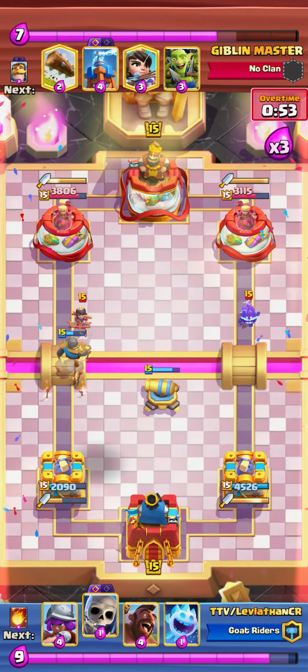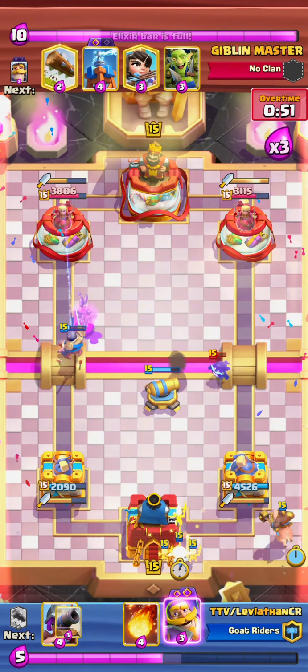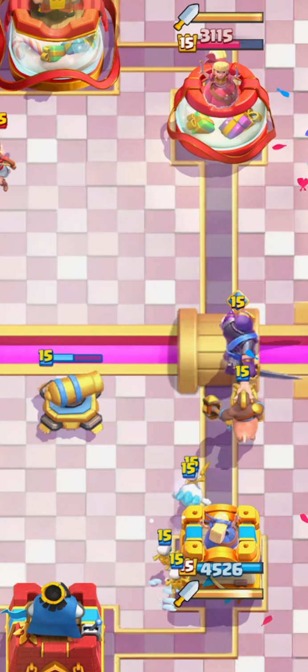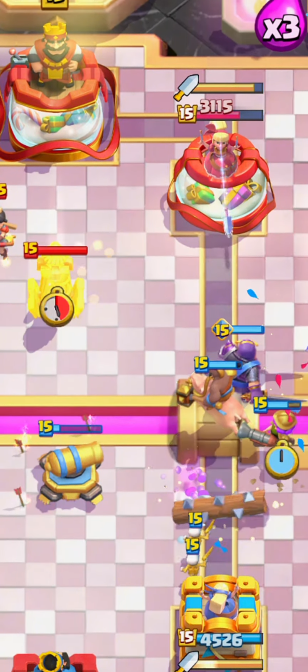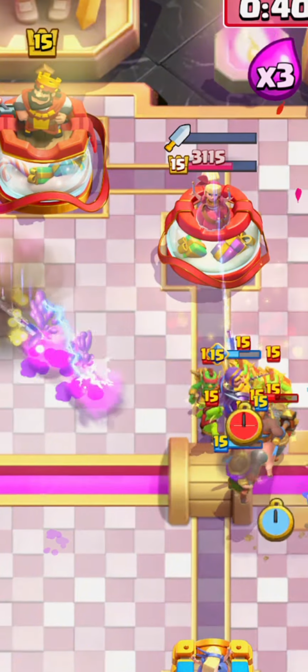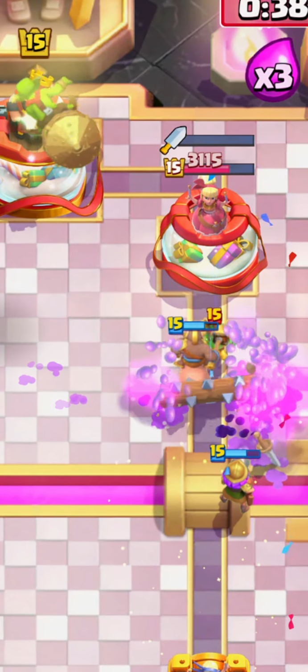So he goes for a rocket, and so I just go Hog in the back, and I'm cycling cards. I get my Evo Knight in front of everything. He logs, I go Musketeer thinking he's going to go for his Knight, and he does. I Fireball his everything just to go for my Hog prediction log, which is huge, and I force him, and